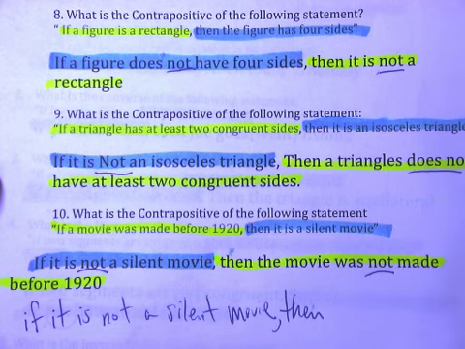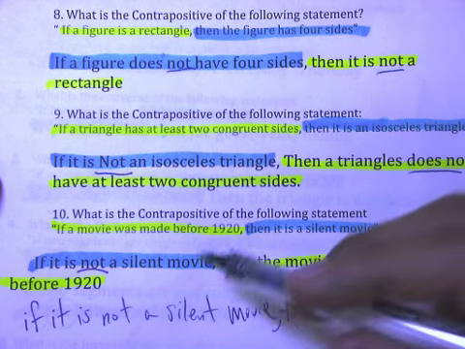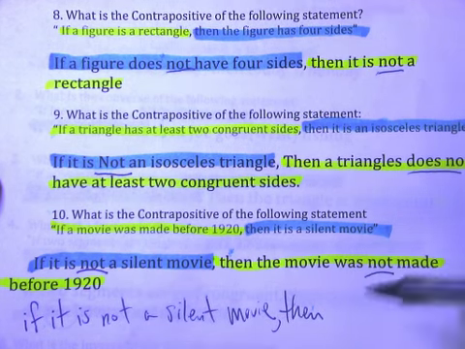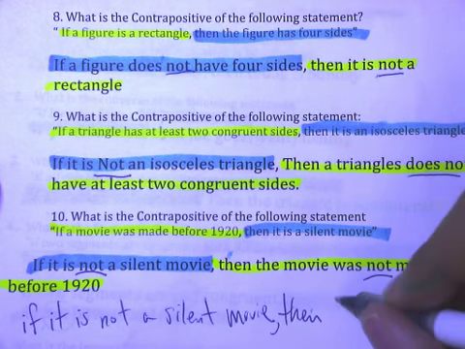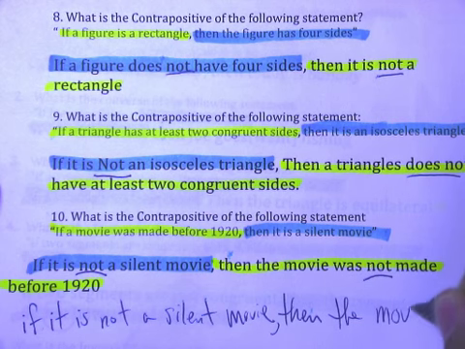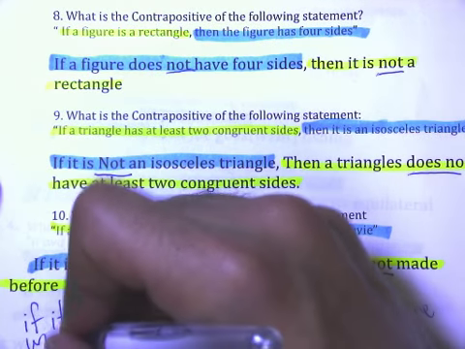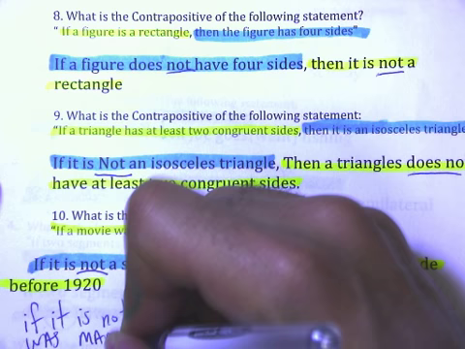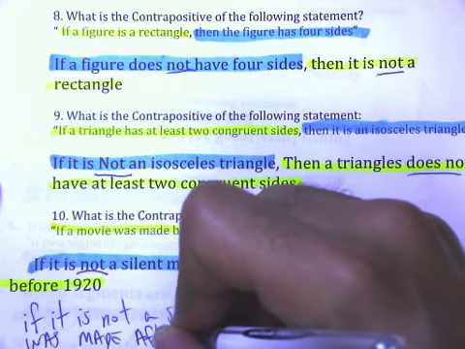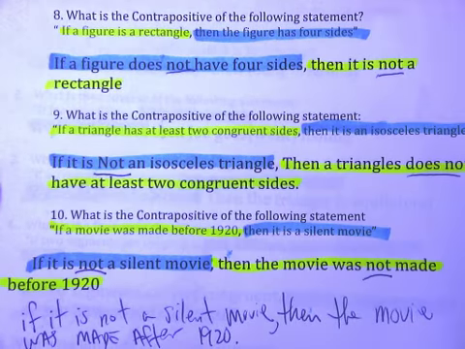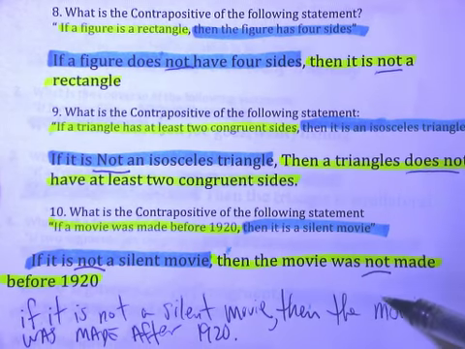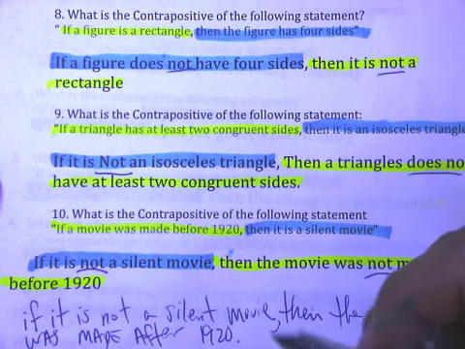Well, what's another way of saying that the movie was not made before 1920? Well, then it would be then that the movie was made after 1920. If it was not made before 1920, then it must have been made what? After 1920. So if it is not a silent movie, then the movie was made